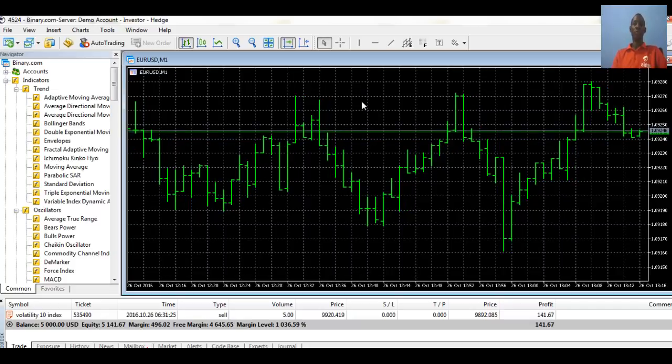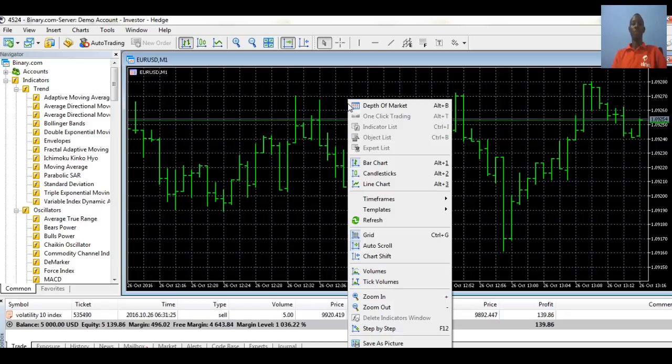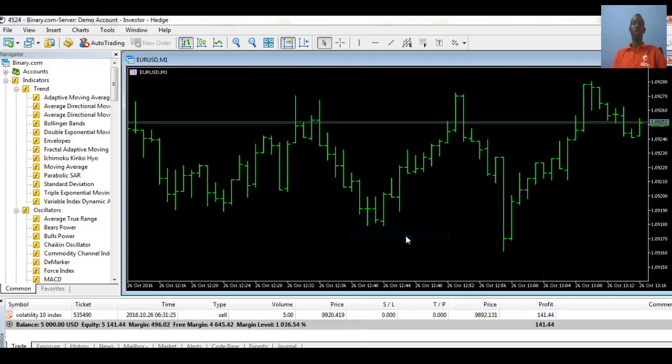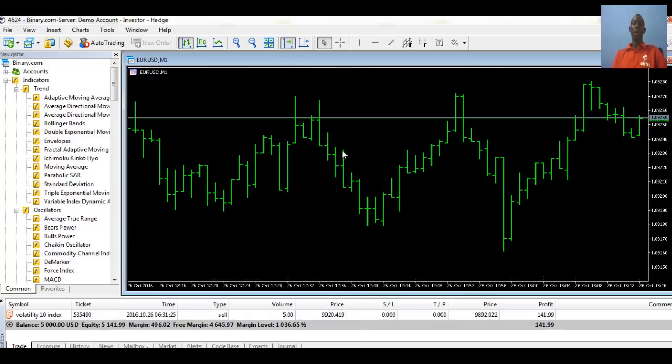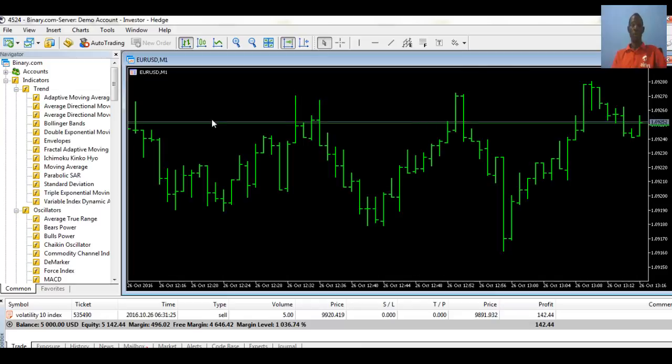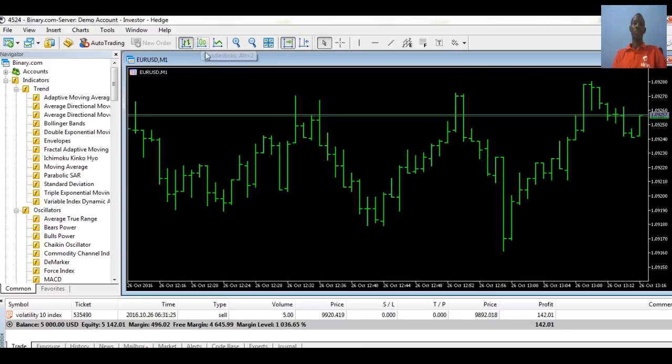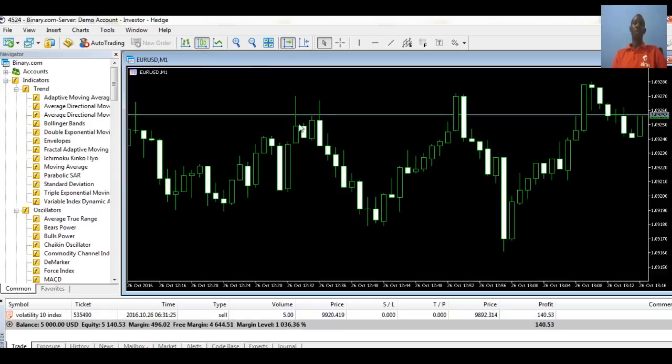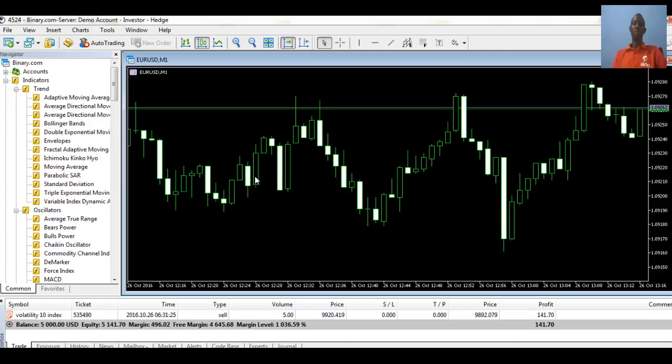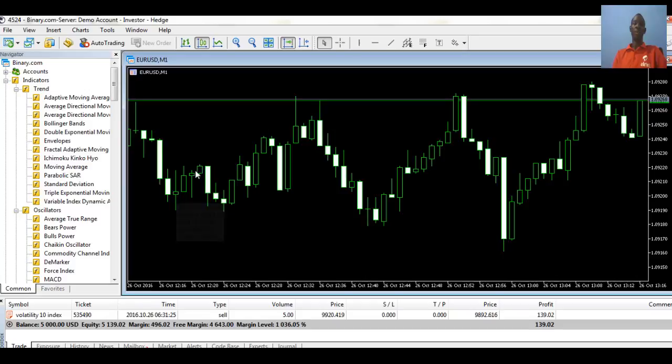Now I would like to get up the grid. You can use your Ctrl G to do that. If you don't want to use Ctrl G, you can just right click on your cursor and go to the grid, Ctrl G, you pick it up and take it away from here. Now this is a bar chart. I'm not used to a bar chart, so I don't use that. I only use candlestick. So you just go, as you can see where my cursor is going, you click on that, and it changes immediately to candlestick, where we have the bullish candle in green,